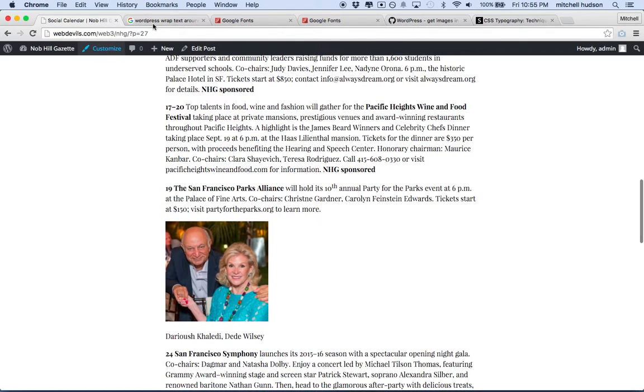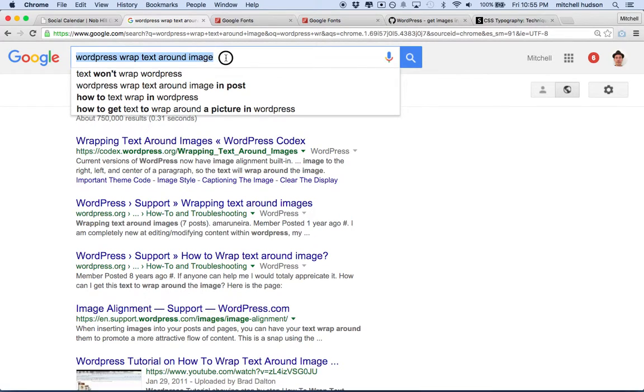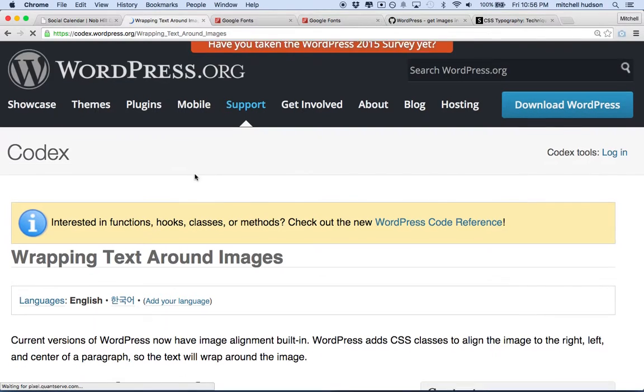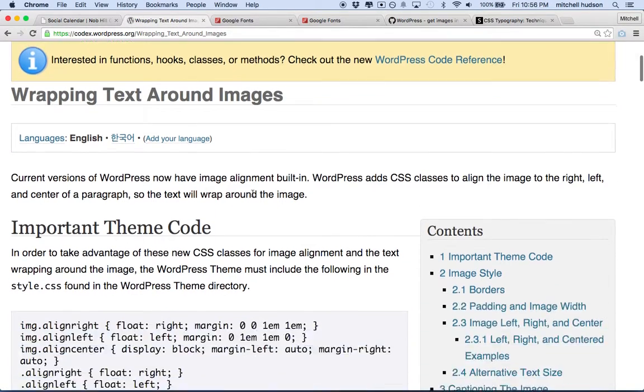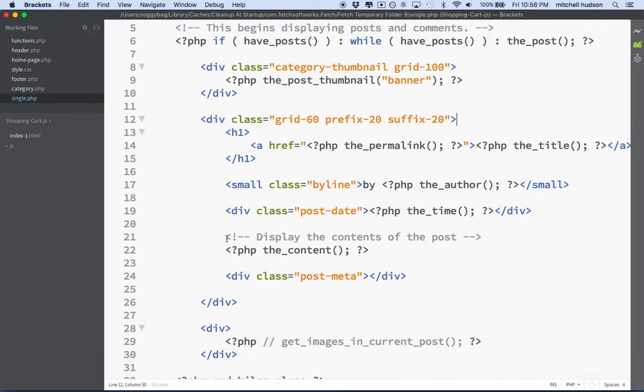So, this is actually a popular search on WordPress. Just search WordPress wrap text around image, okay? And you'll find a link to the WordPress codex, wrapping text around images, and they give you some default code for your theme. And this is just regular style sheet stuff. And you can overwrite this or write it yourself. Just to get started, I'm just gonna copy it directly. Okay, so I'll just copy that, and then I'll go to my style sheet,